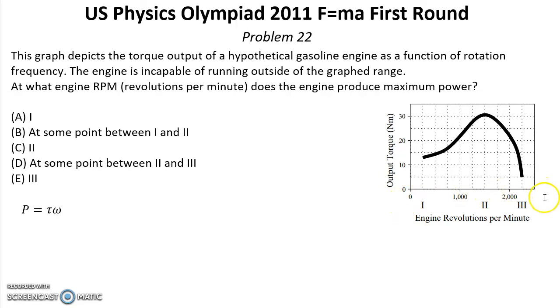On axis X we have omega, and on axis Y we have torque. So we need to find the points where the product of these two units has a maximum. Let's see, when we are going from point 1 to point 2, torque and omega are increasing,